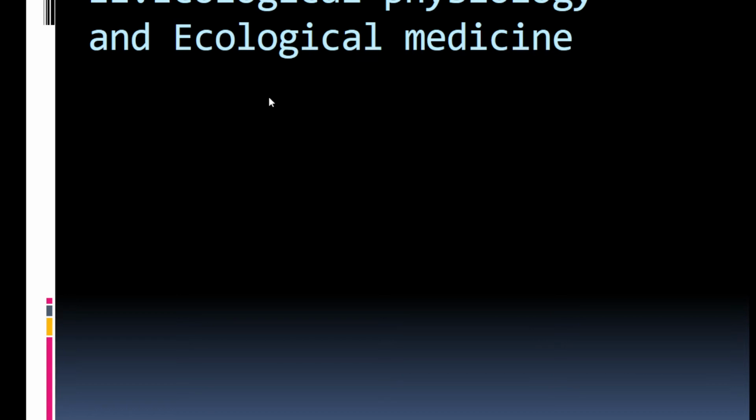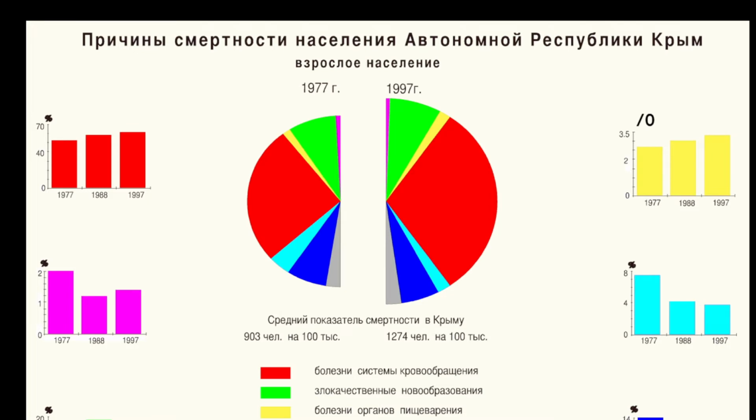Some words about ecological physiology and ecological medicine, which arose due to investigation of the influence of modern ecological factors on humans during the last years. You can see here how mortality changed in the Crimea in 77 years, and in 97 years it increases. And it means that the quality of health, maybe due to the effect of anthropogenic factors during this time,